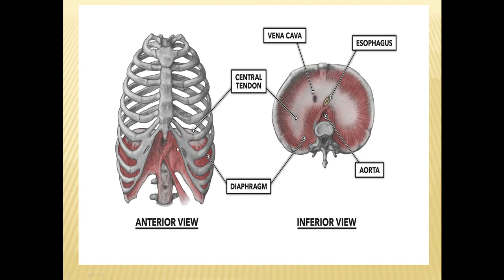Here is the diaphragm. We can see this is the anterior view, and if we see the diaphragm from the inferior aspect, so this is the inferior aspect of the diaphragm. This is above, this is below, means we are seeing the diaphragm first of all from the inferior aspect. This is the anterior side, this is the posterior side, and what else can you see? Certain openings, and you can see over here a whitish structure. This is the central tendon of the diaphragm.